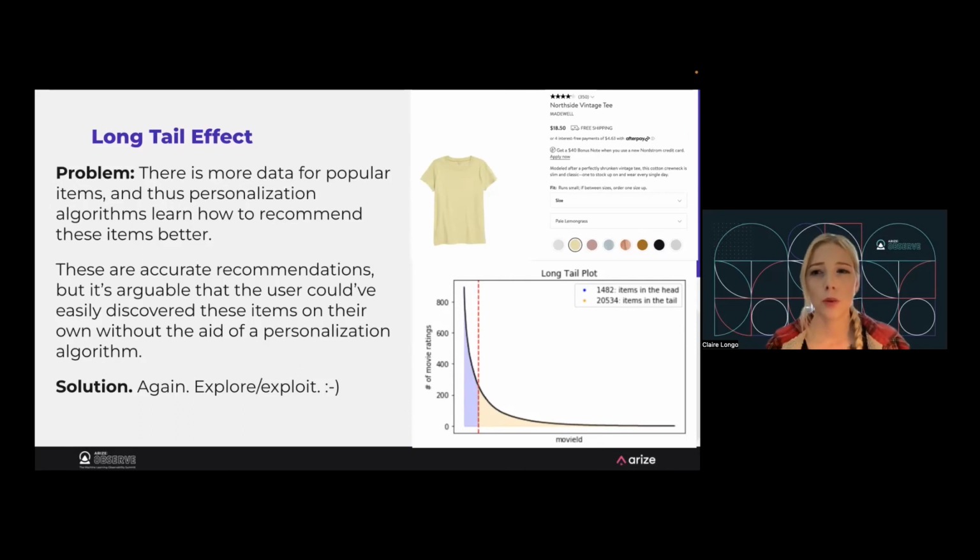You have really unique items that could match someone's very unique interest or personal style, and getting a recommendation of those items could feel extremely personalized. But if the algorithm can't learn from this data in here, then it's not going to be able to make those recommendations. So again, I don't think it's a full solution, but I do feel like it's helpful.